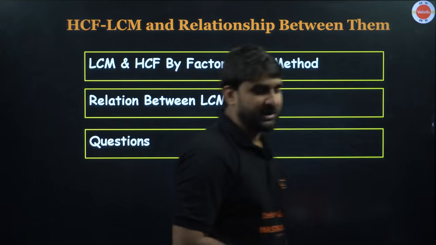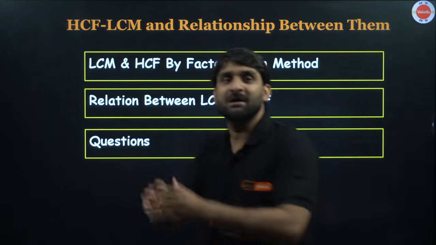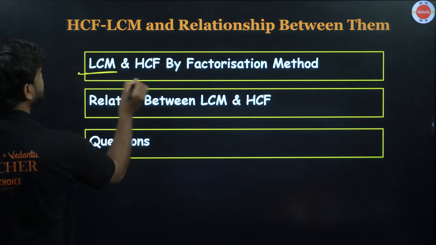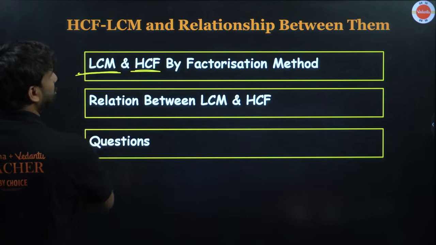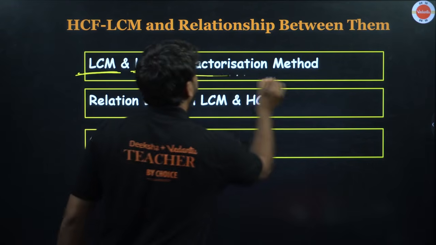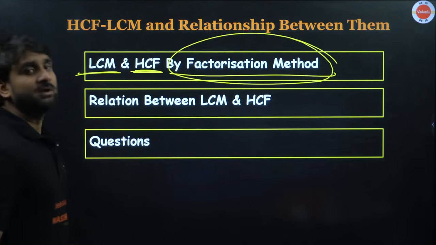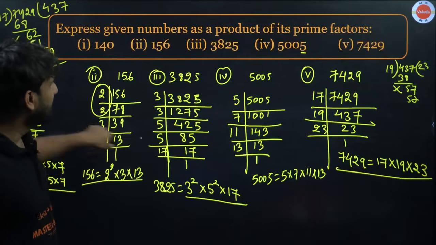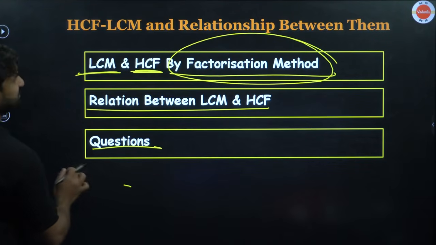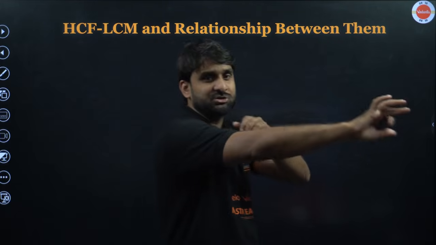Okay, let's move to the next concept, HCF and LCM, the relationship between the numbers. So we have to find out here LCM, the lowest common multiple, and HCF, the highest common factor, and we will be finding them by the prime factorization method that we have done here. Now, the relation between HCF and LCM and the questions. So let's start with HCF and LCM and the relationship between them. So listen, my dear champion. So basically,